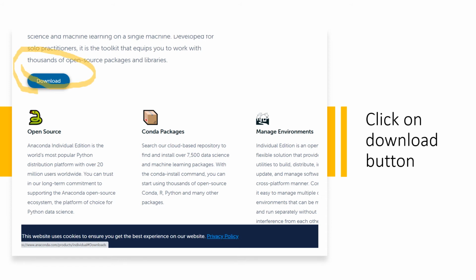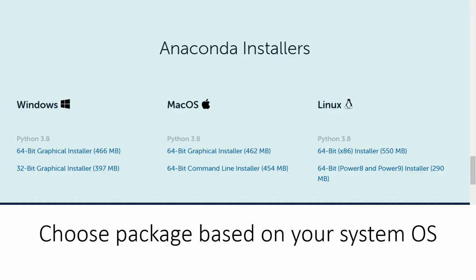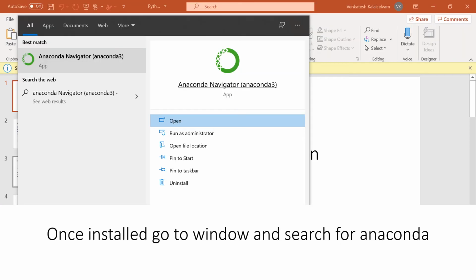Then if you go there, there will be a download button in the Anaconda package. You click over it, and before it actually starts the download, there will be an option given to you based on your OS. You can choose the Python version or the Anaconda version. For Python 3.8, the Anaconda versions are a 64-bit graphical installer and a 32-bit graphical installer as well. Since I'm using Windows and my system is 64-bit, I'm going to use the first option. On clicking it, the Anaconda exe will be downloaded, and you can just click on it, and it will automatically install that version.